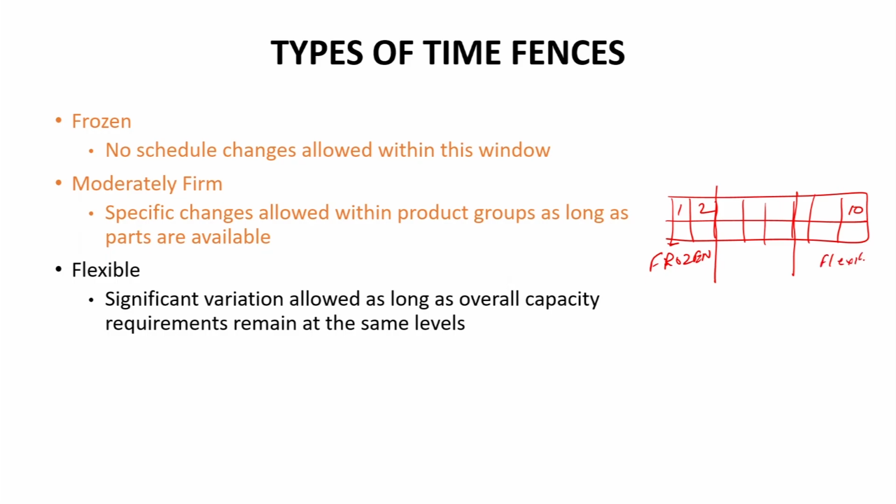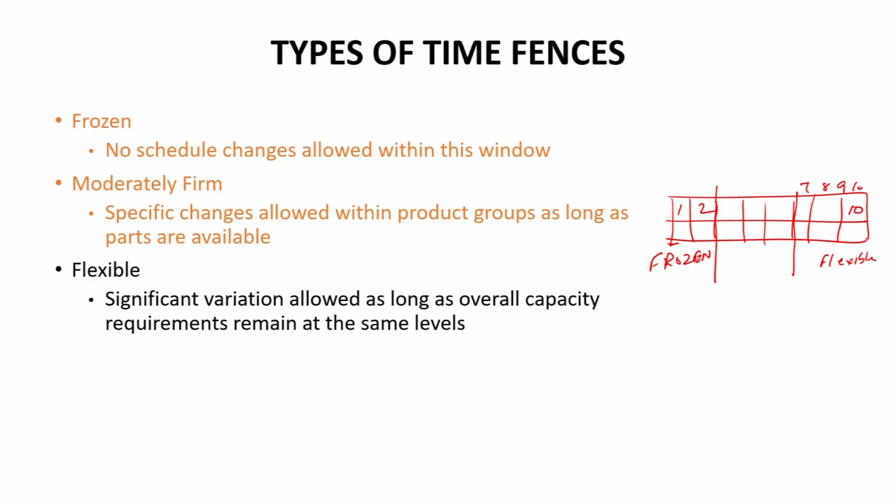You are just giving the indication that in period 7, 8, 9, 10 I may need this, but I may revise also, and I will freeze only 2 weeks in advance or 2 periods in advance. Coming 2 periods are frozen. So, this is how we take care of any uncertainty in the demand, by freezing only